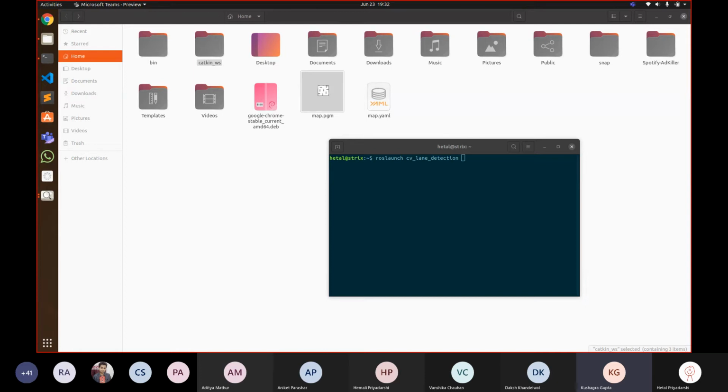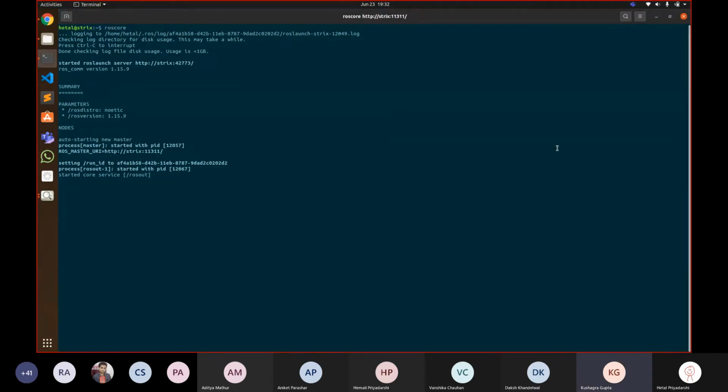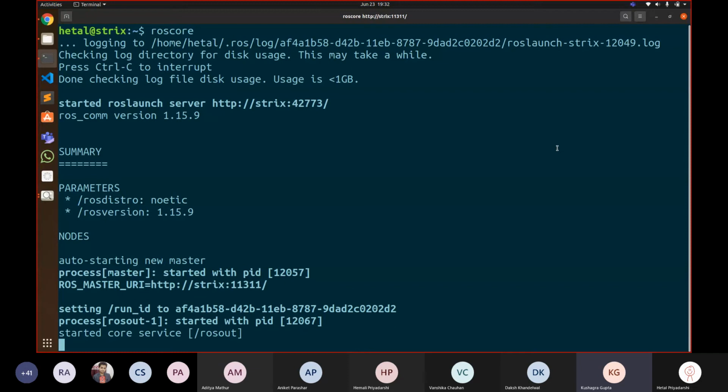Just write roscore once in your terminal. It might take some time the first time, but if that happens on your terminal, that means you're all set. That is where we want you to reach firstly in 2 days. We're not asking too much. Whatever bugs you have, just surf the net and sort it out. We also suggest you install TurtleBot. After this, we'll do TurtleBot later.